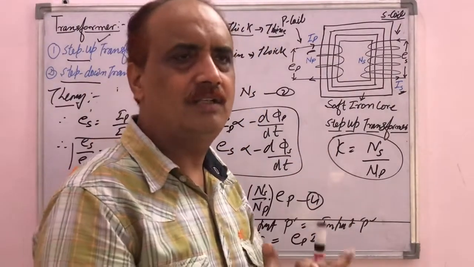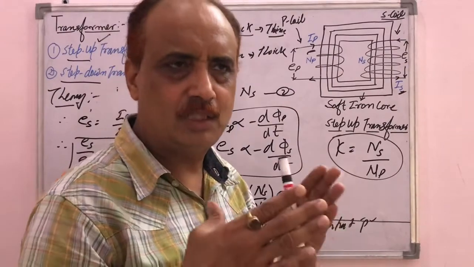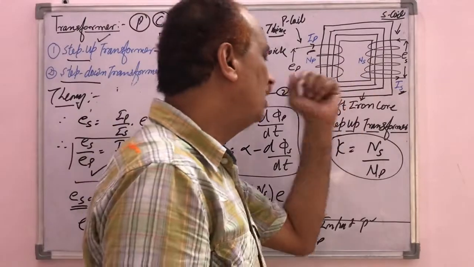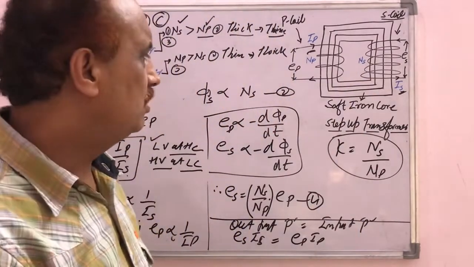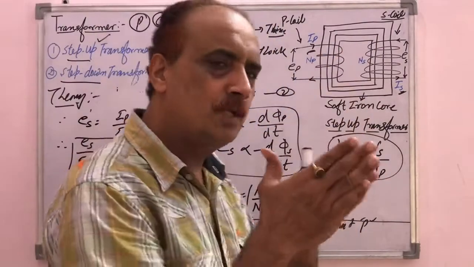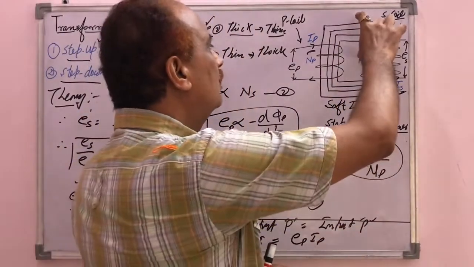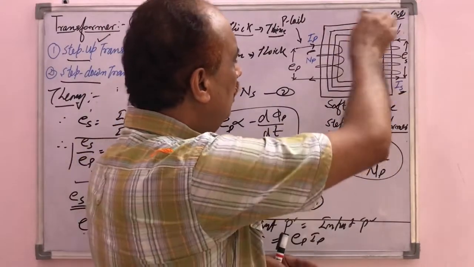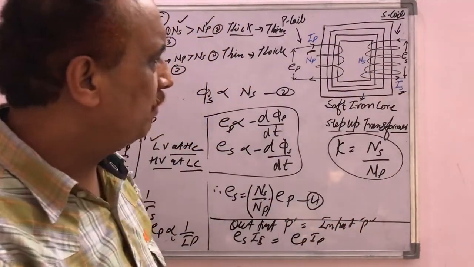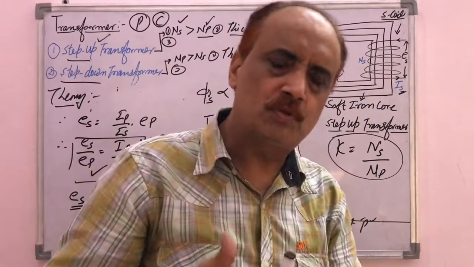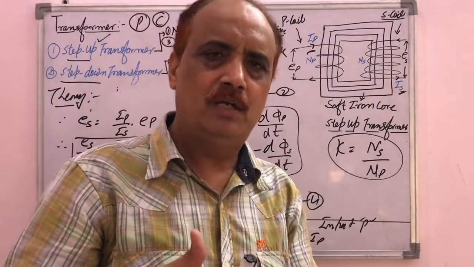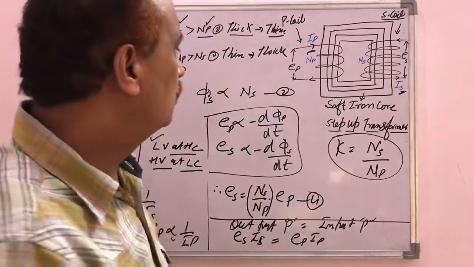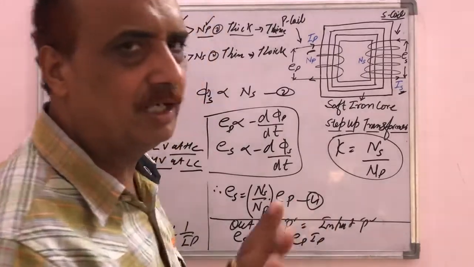Now to avoid these eddy currents, to avoid that particular heat generation in the transformer, we have to use the laminated iron core. Laminated means we have to varnish the strips of the iron. It's not a completely thick iron; this square iron core is made of strips of iron, and every strip is done by painting, maybe varnished. So we have to use the laminated iron core to avoid the eddy current.